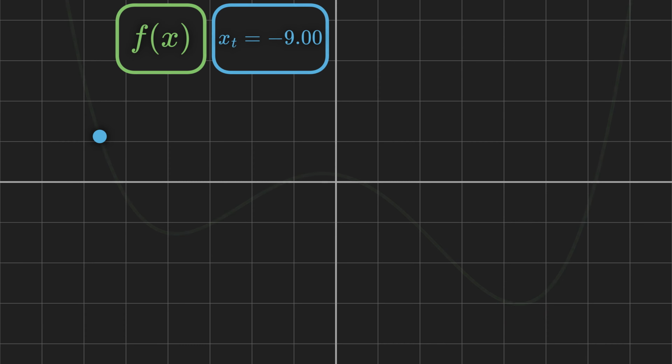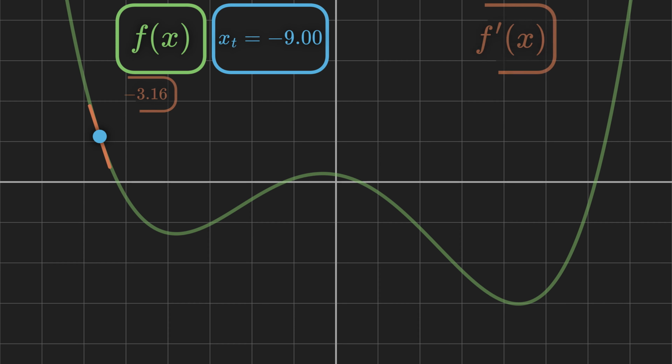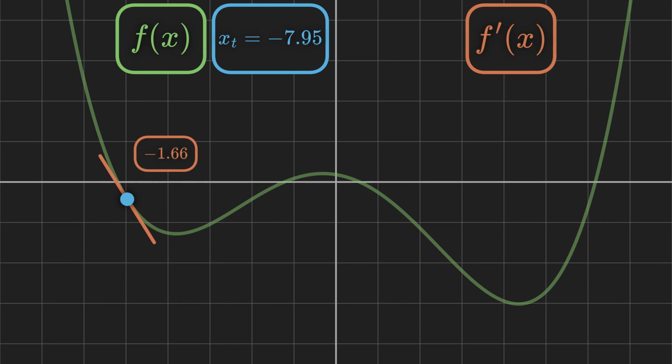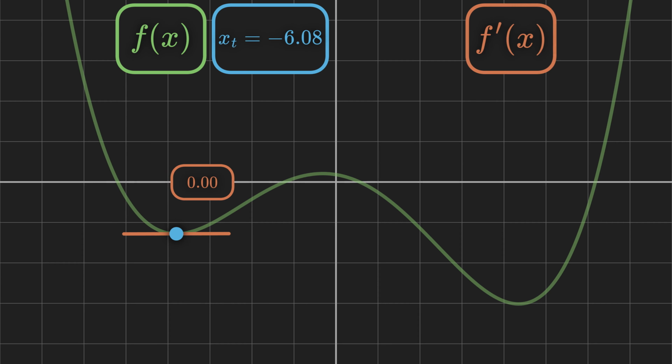Still, even if we don't know the whole shape of the function, we can calculate its slope, or in math terms, its derivative. This derivative is negative if we are sloping downhill, and if we move forward, it will gradually get closer to 0. After that, it turns positive when we go uphill.